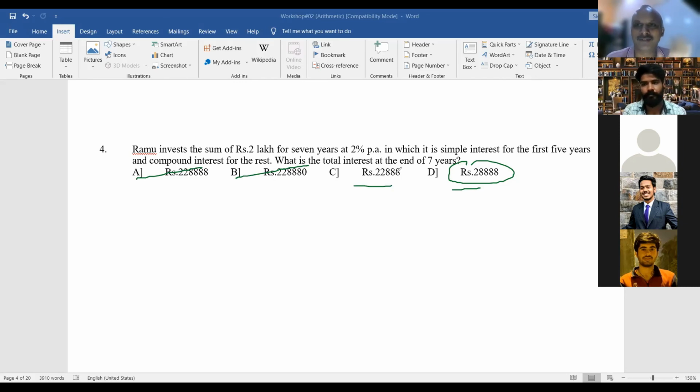You can do this orally in 2 seconds or 5 seconds, whatever. Because of such options, you should see how stupid the options were. But many students earlier fell prey to the tactics or gimmicks of the examiner, that A option. They were thinking of the amount, but that wasn't the question. They were asking total interest, not the total amount. Such mistakes do happen, even in your mock exams. Something was asked and you are solving something else.